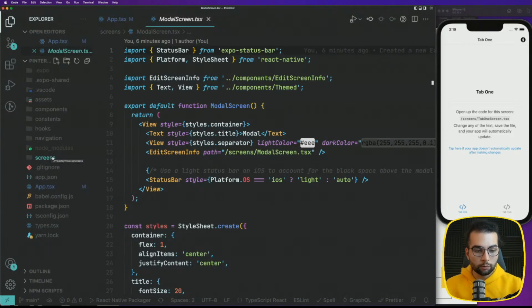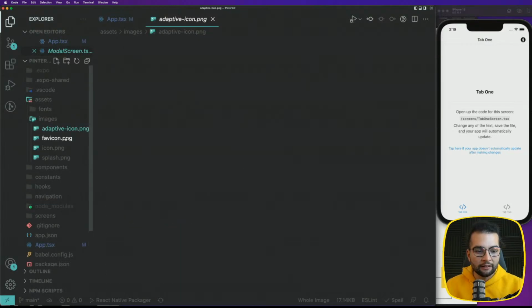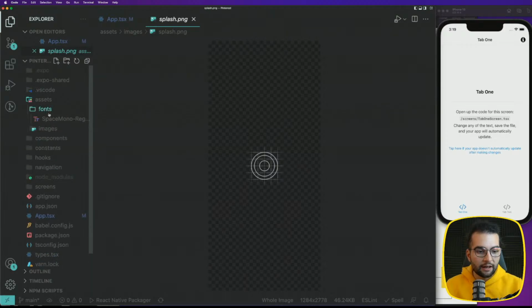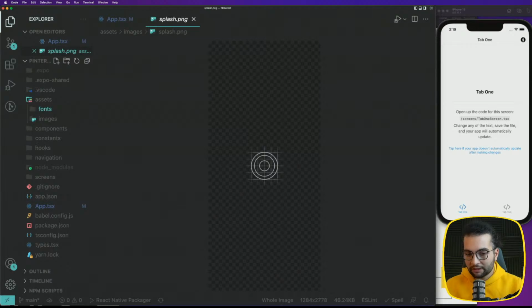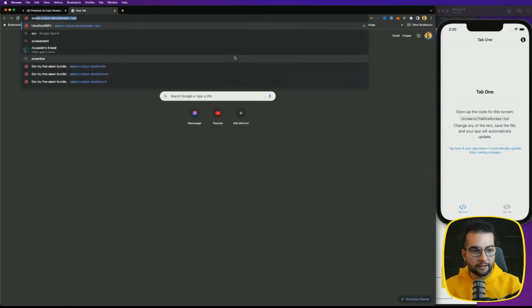Another important folder that we will be working with is the components folder, and in this components folder we have individual components that we can reuse in our application. I'm gonna talk about them later when we get there. And the assets, yes, assets here, we can add images for the icons, we can add fonts, and we can also add dummy data, which we should, because we will need that a bit later, but let's do it right now. So you can download the assets bundle by going to